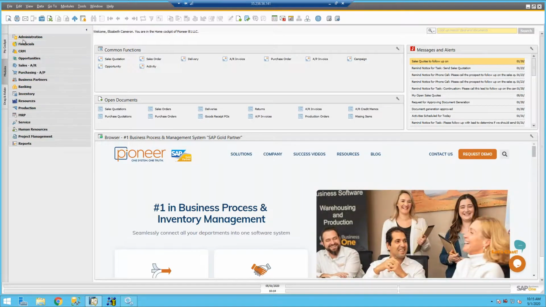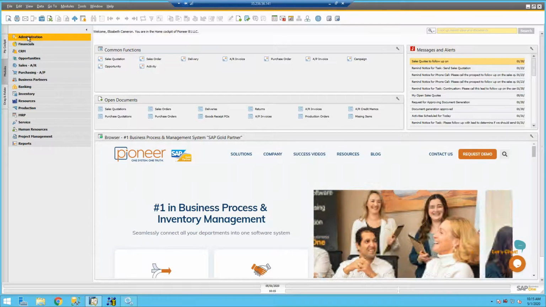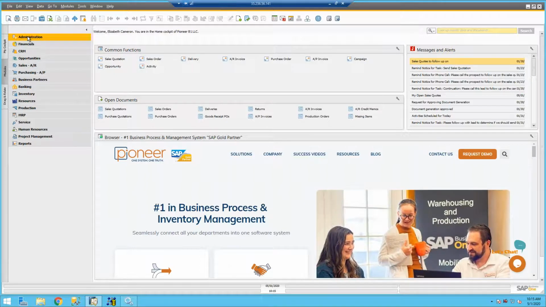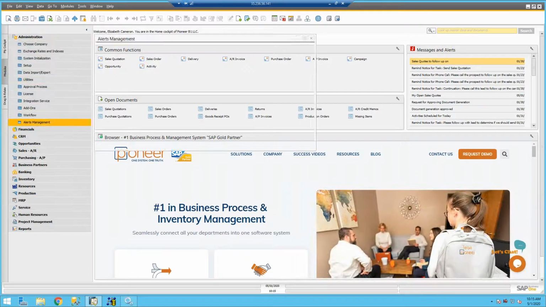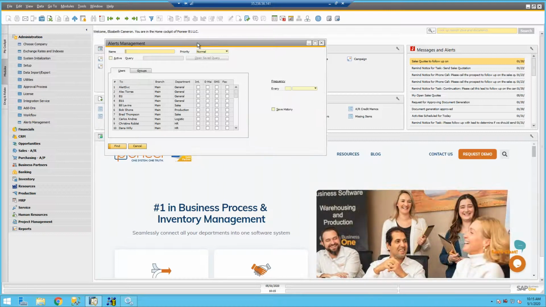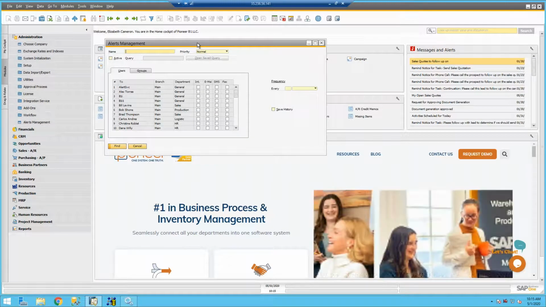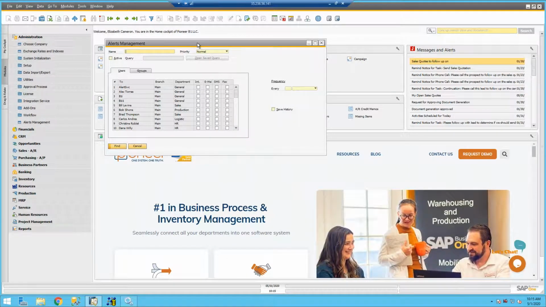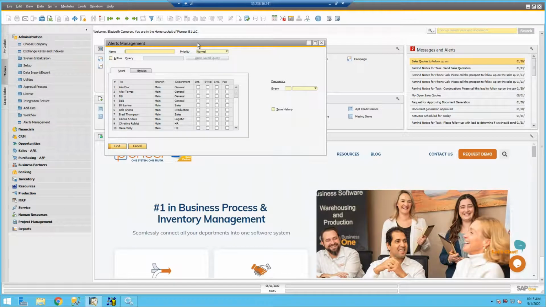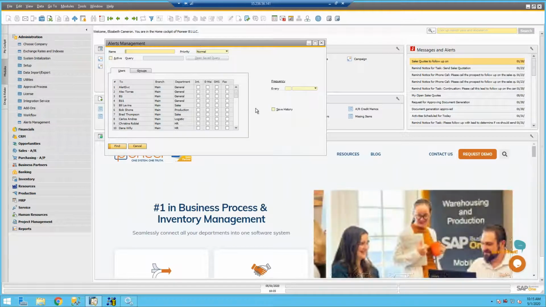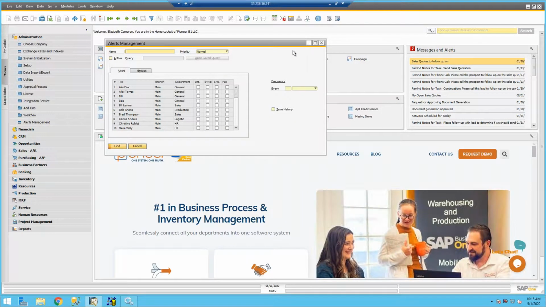Beautiful, Oren. Thanks for sharing. This setup needs to be done by an administrator. It could be done by the user as we showed, but as per company normally is by the super user. One time, and then it catches for any alerts or approval that you may want to do. Okay, great. So now that we have our settings taken care of and our basic setup, we can go